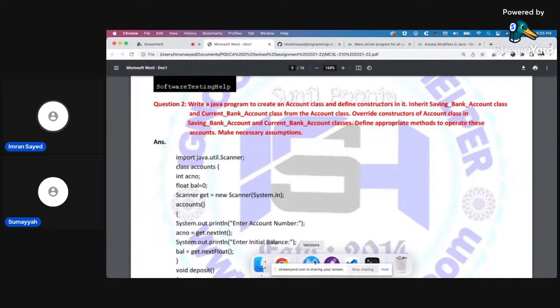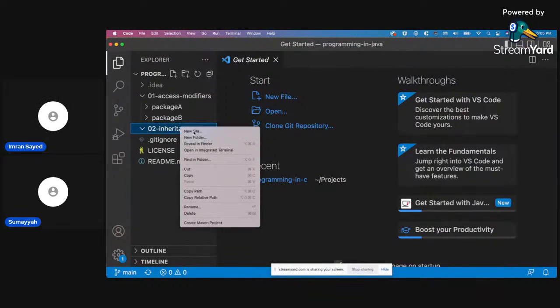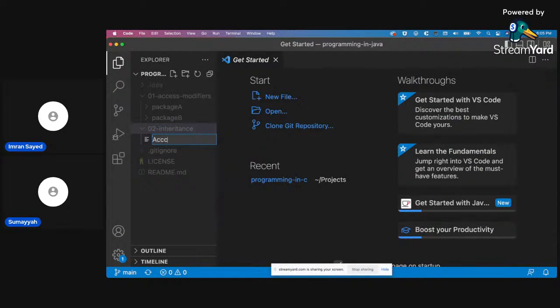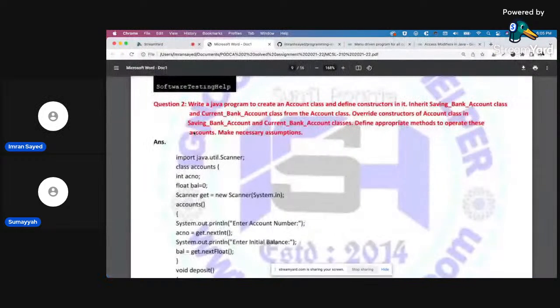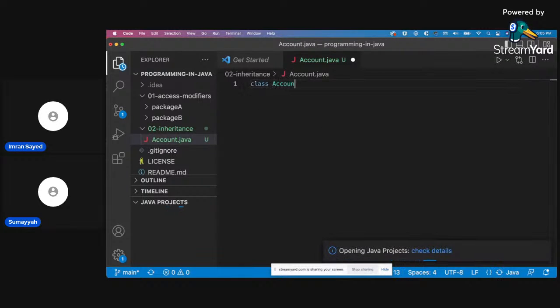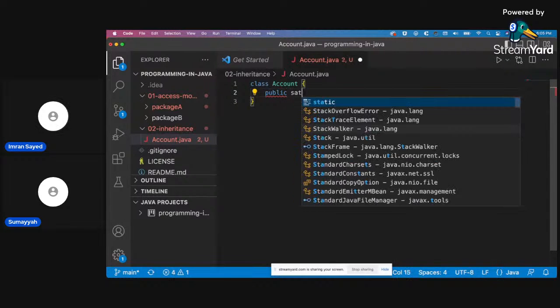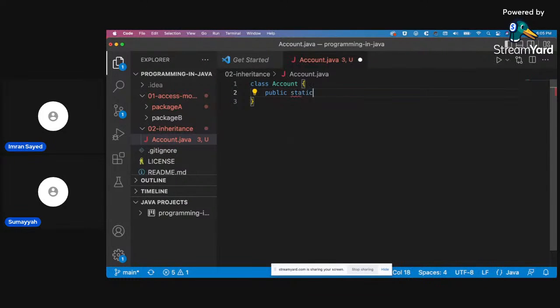Okay, let's start. So first is the account class. Account.java. And then let's write the account class with public static void.